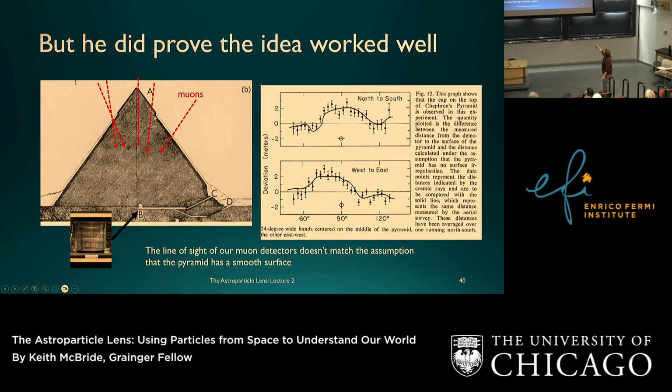And since what they found was a deviation, this is versus angle, so it's not exactly what I would have liked to show you guys, but it just says at these angles, there's a deviation from the expectation that it's flat, right? There's less muons coming from this direction, right? And that actually matches exactly where the known limestone protrusion sits at the top of the pyramid. And so this is proof that the idea of muon tomography, of looking at the line of sight of muons with detectors below and having an understanding of how many muons are passing through a material through a given